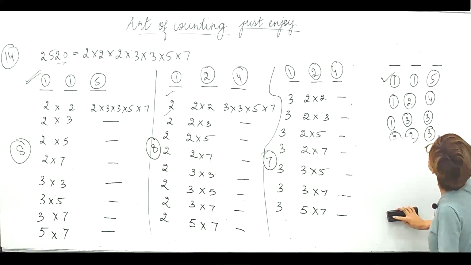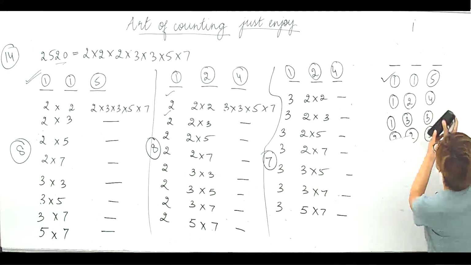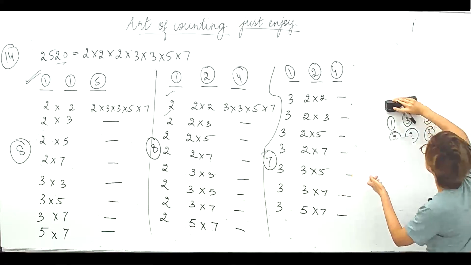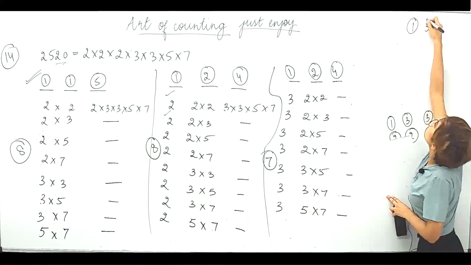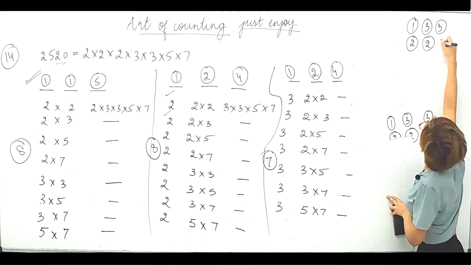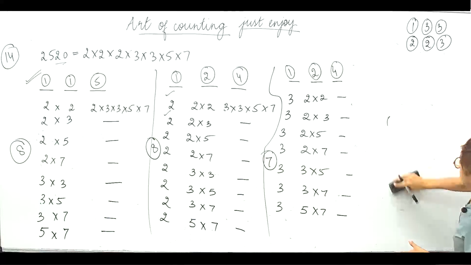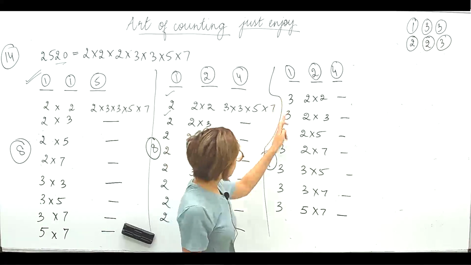So I'm erasing this and I will be writing this here. So 1 into 1 already done, so I'm erasing it anyways. So 1, 2, 4 already मैं consider कर ही रही हूँ. तो मेरे पास रह जाएंगे 1, 3, 3 and 2, 2, 3. So 1, 3, 3, 2, 2, 3. Alright, so I'm erasing this. Cool. Next. So 3 ones are exhausted.